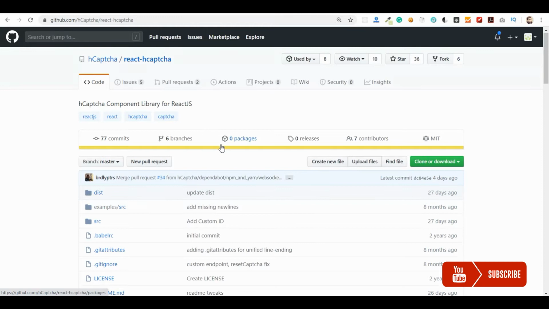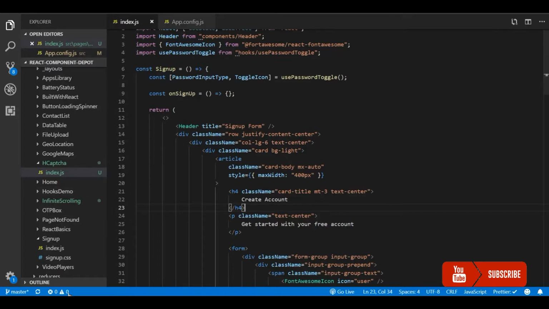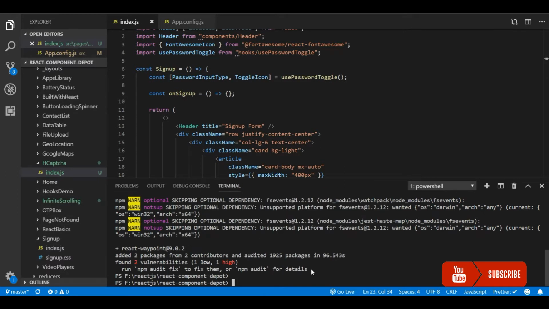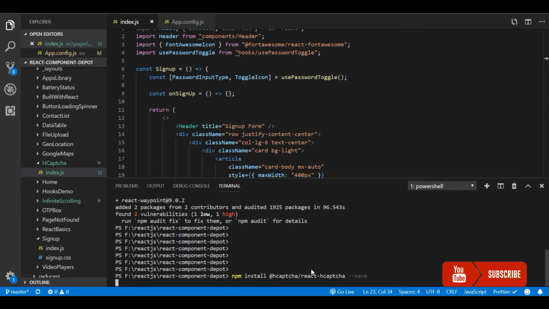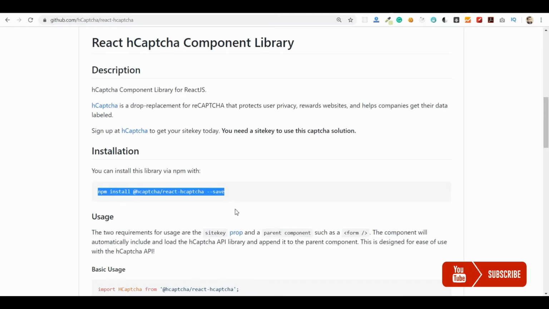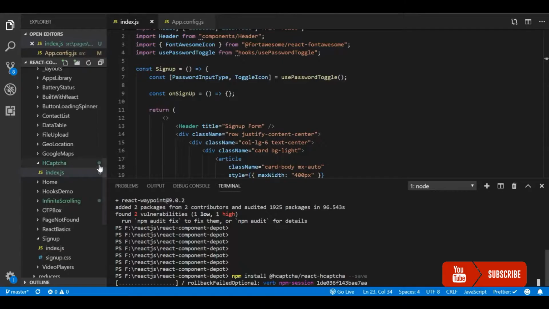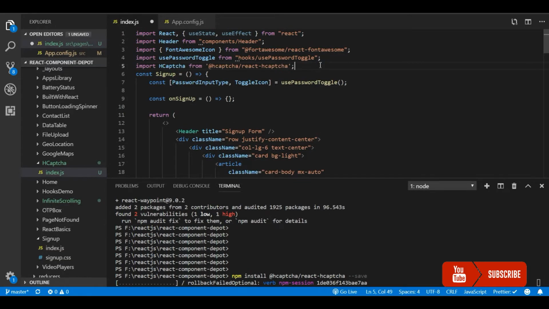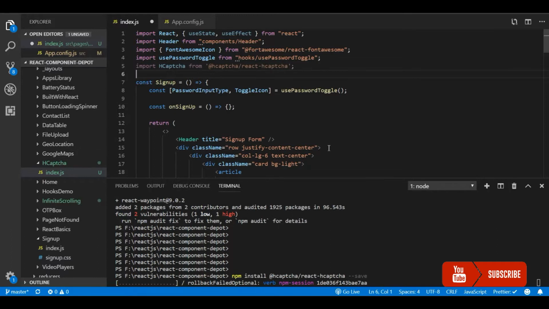Now we just need to install this npm package, React hCaptcha. Let me install it. After that, I will start integrating the application. Meanwhile, our package will be installed, because it might take some time. Let's go back to the document, and now all we need to do is import the hCaptcha component and use the component wherever you want in your sign up form, or whichever form that you are going to integrate.